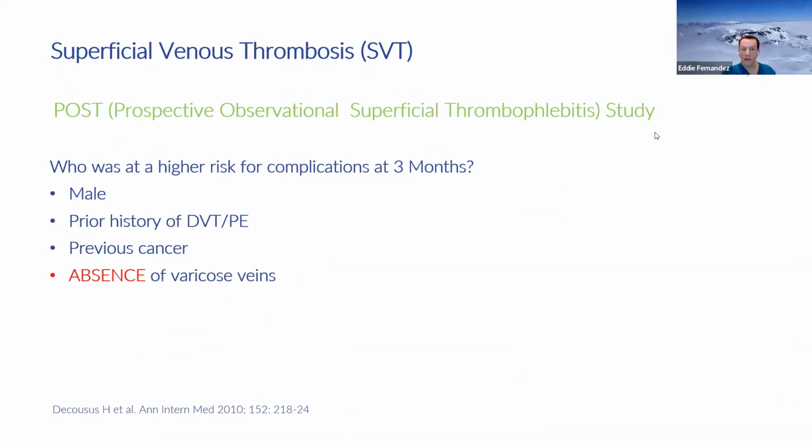So who was at higher risk for complications at 3 months? Well, males were. Interesting, right? Because earlier we were talking about how females tend to have a higher predominance of this. Also prior history of DVT or PE, previous cancer, and the absence of varicose veins. So when you look at this, it sort of breaks all the previous rules that we mentioned, right? We had males, we had